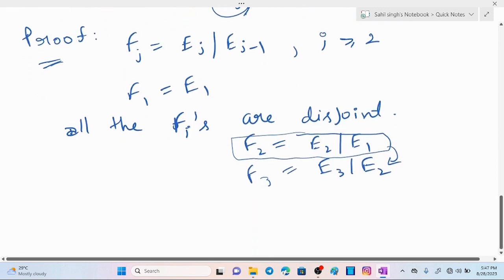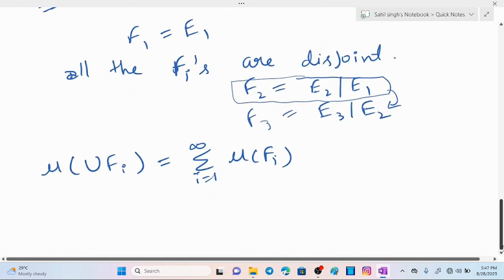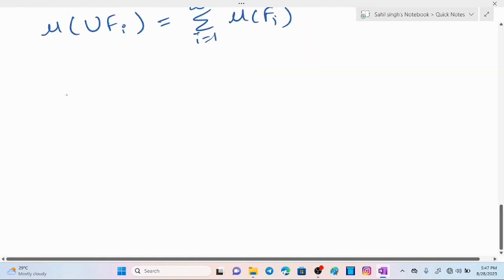So this is true for all the fi's. Therefore now we can apply the property of measure here, that mu of the union of all the fi's will be equal to sigma mu of fi, i running from 1 to infinity. Okay, and also observe that if we take the union of all the fi's, i running from 1 to k, then it will be simply ek,